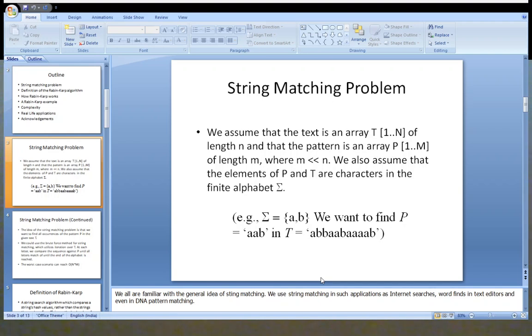For example, if sigma is equal to {a, b}, then we can generate any pattern, such as the pattern P equals ab, and the text abb. Like this we can create any type of string with any number of characters constructed using a and b only. They may not contain one of the letters also. So this is the very basic thing, that you want to find a string inside a given text. The pattern is the string that you want to find in the given text.